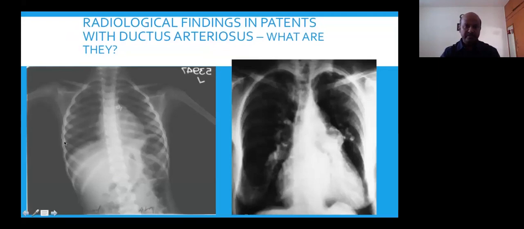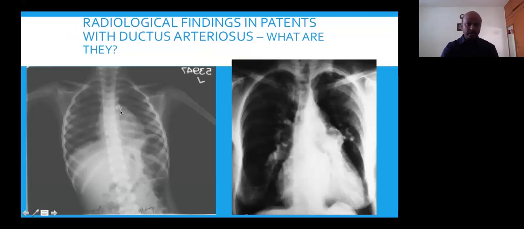What is the finding in this X-ray? Anything which stands out? Well, I got an answer which says device. Now, if you look at that carefully, this is a coil. Okay, so a coil closure of a duct has been done in this child, and that's predominantly that kind of